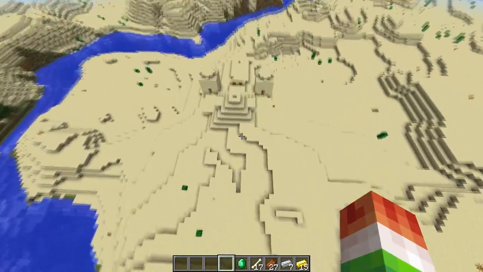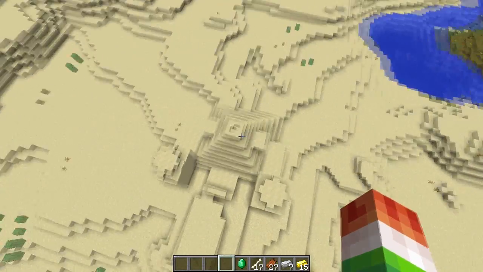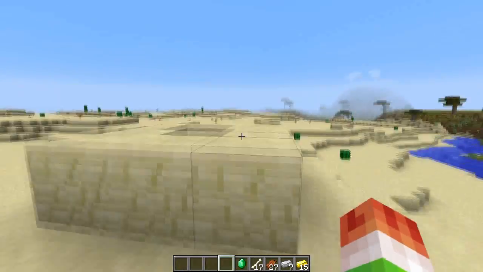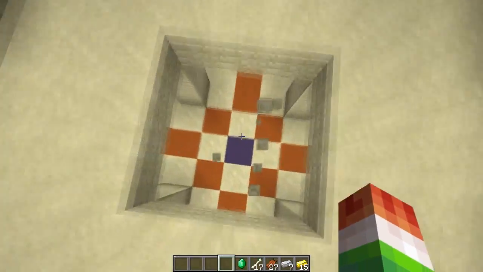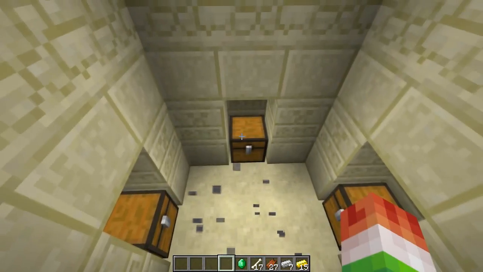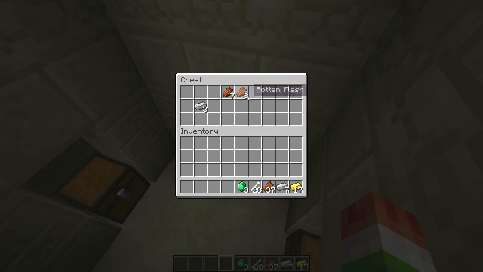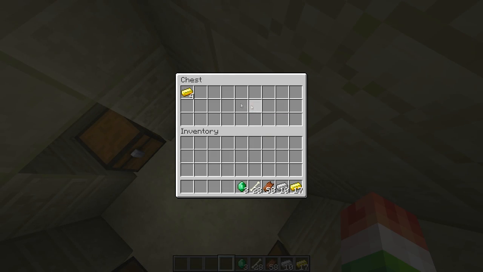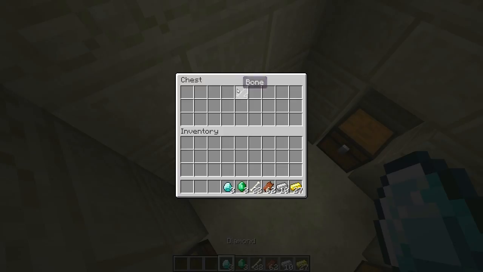And here is our next desert temple. Surprisingly, this one is actually really, really close to our spawn. So the villages and stuff are just right over there. So let's go ahead and see what this desert temple has in store for us. Don't break the pressure plate again, Unspeakable. So we got more emeralds, which would be really nice to go ahead and trade at those villages. And then we have some more rotten flesh, a couple pieces of gold, and we have 3 diamonds, which is